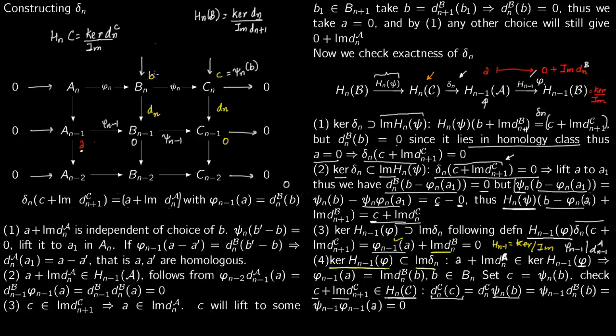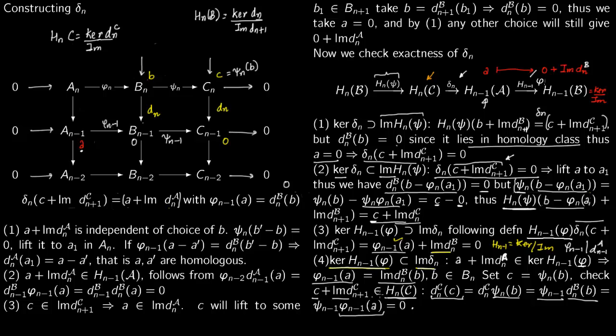So from B you take it first this route, and this route is the same as going this route and this route. So you're saying first apply dn to B and then psi n minus 1. But dn of B is nothing but phi n minus 1 of A, because that's what we have here. That is how we lifted it up, and when you compose these two maps, you get 0. And so this does lie in the Hn of C, and therefore